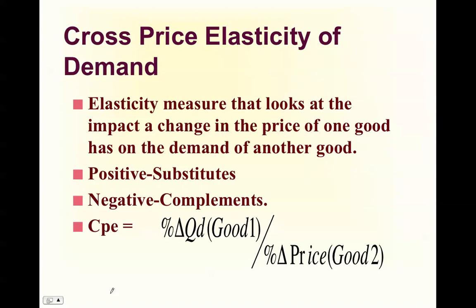If it's negative, if the price of good 2 goes up and I buy less of good 1 as a result, the goods are complements. So as the price of movies goes up, I buy less popcorn as a result. Those two goods are related to each other in a complementary way as opposed to a substitute kind of way. And this is a nice measure to show the elasticity of substitutes and complements. Now for this too, we look at the signs. We're not as concerned about the number. Positive sign is substitutes. The arrows are going in the same way. Increase in price, increase in the quantity of the other good. Negative, the signs are going in the opposite direction. Increase in the price, drop in the complementary good. Alrighty, I do believe that ends